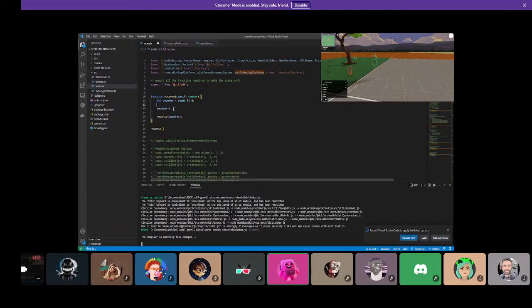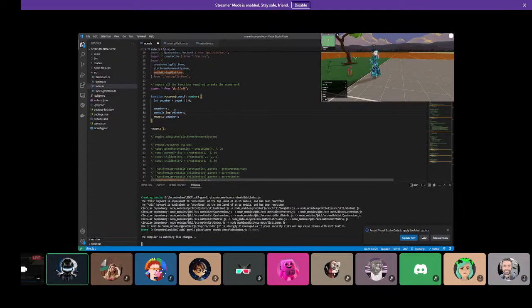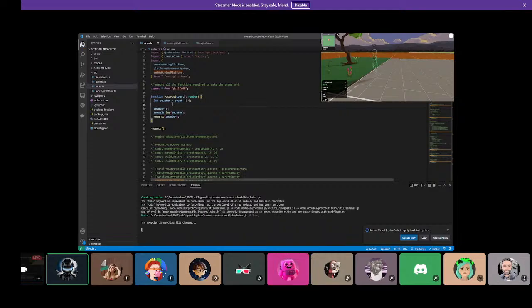Okay, so we do need a way to see what counter is. That's the log you were talking about earlier. It used to be log, so maybe they changed it to just regular console log, because that's normally what it is in JavaScript. I'm happy they did that because it was kind of confusing for me. Why is it log and not console log? So let's see. Right now this will run infinitely,